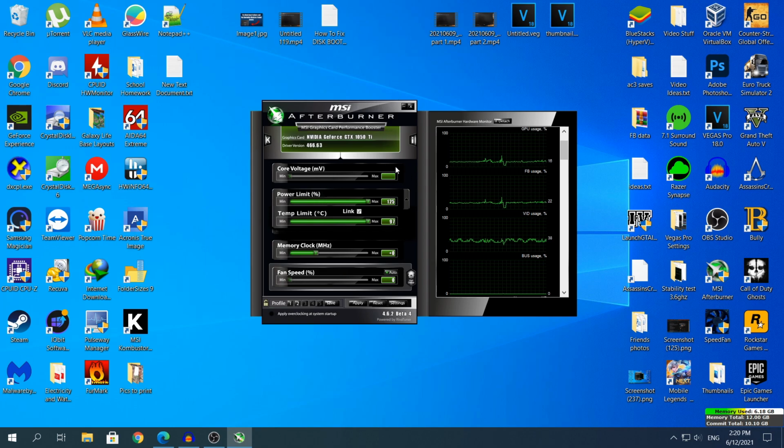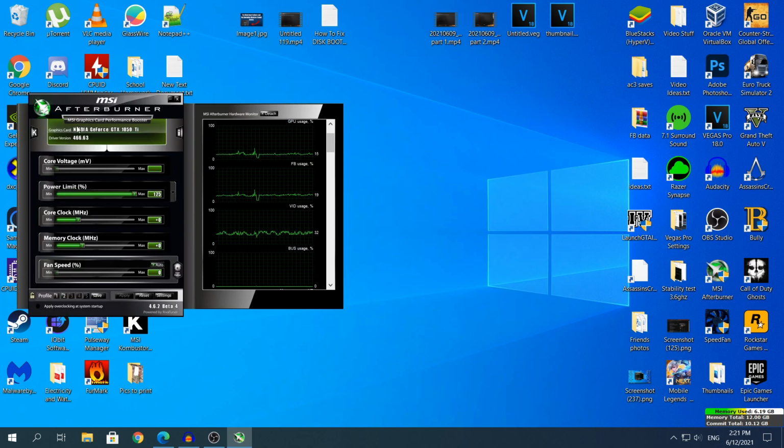If on your GPU you have a maximum of 150% or 200%, I do not think that exists. But if it exists, do not put it at the maximum possible, because your power supply may not be able to give out that much power, and you will need to increase it only 20 to 25%. And make sure that the temp limit is moving as well. And after you have changed the number, make sure you click apply so you apply the changes.